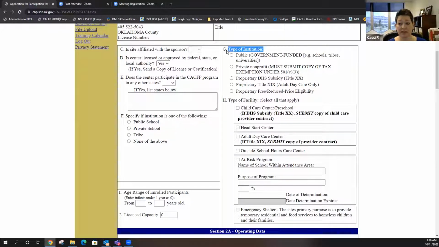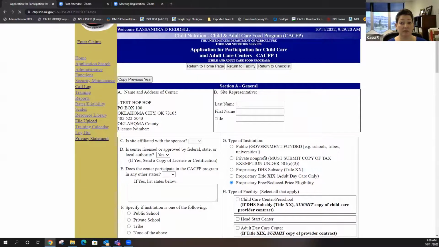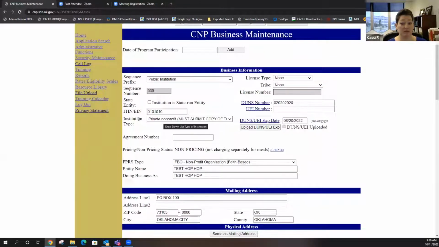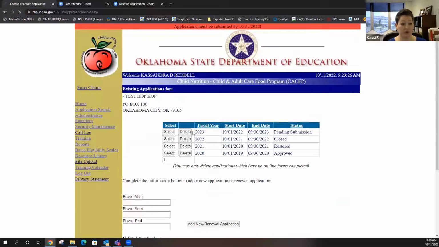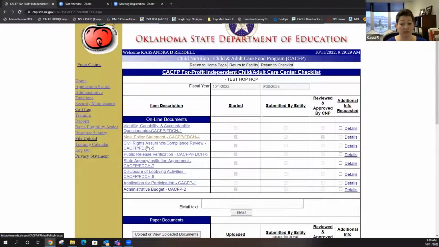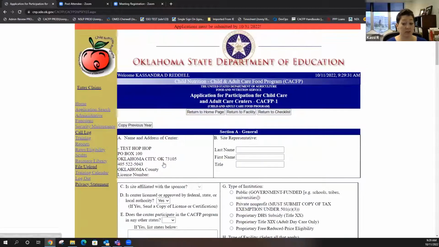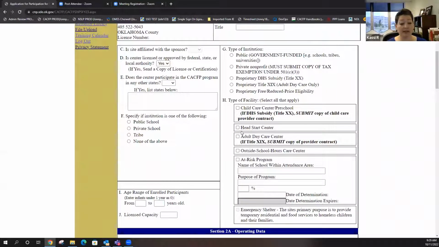If you're single-sided, this shouldn't allow you to click in it. It's going to be auto-populated from what's selected on your business maintenance page right here. Whatever this says right here, it's going to filter into here and mark it for you. If you question whether that's correct or not, you need to contact your person. That was decided on your initial approval, okay? If you're multi-sided, you have to select it yourself. Make sure you're making the appropriate selection.